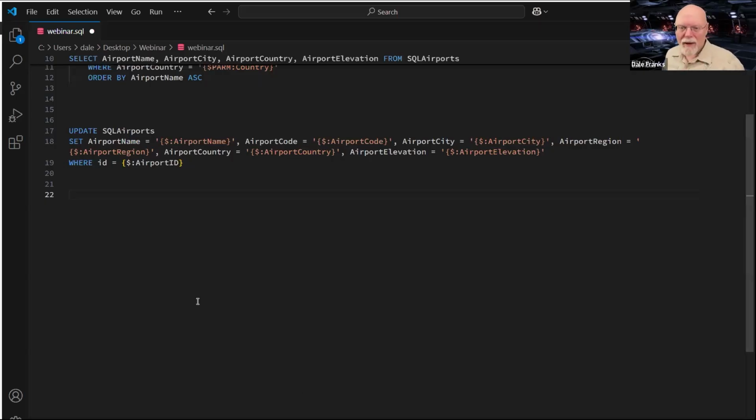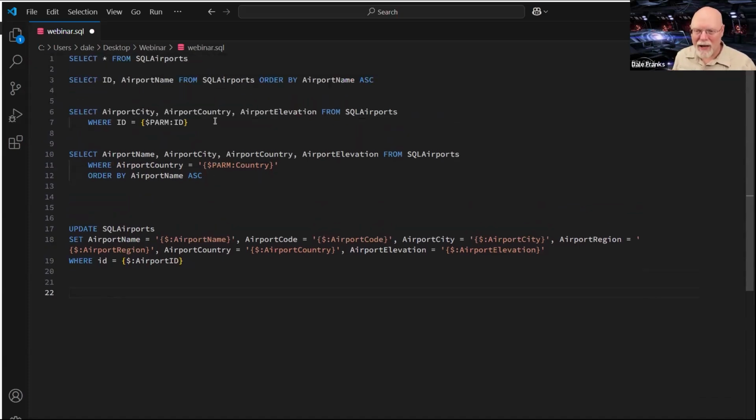I say that because the update statement is where it starts to get weird. Everything up to this point is really comprehensible, and everything after this point is going to be really comprehensible.